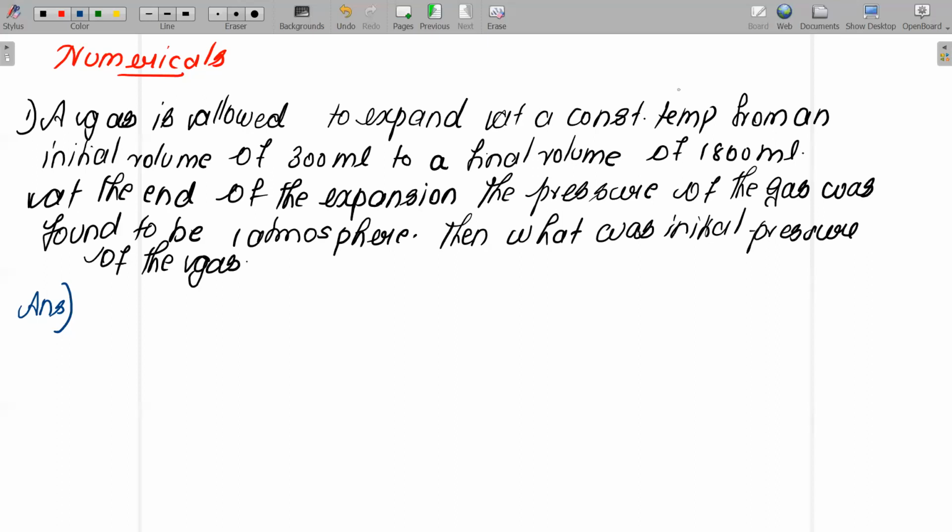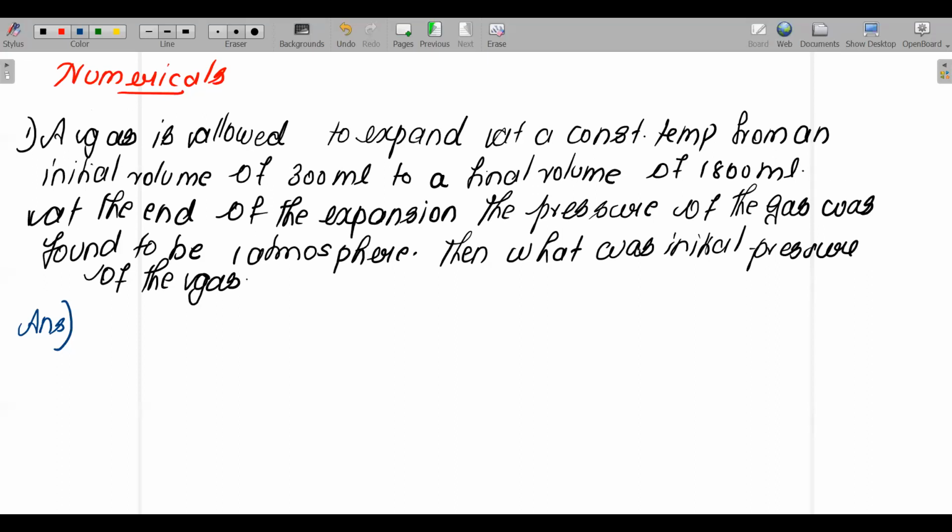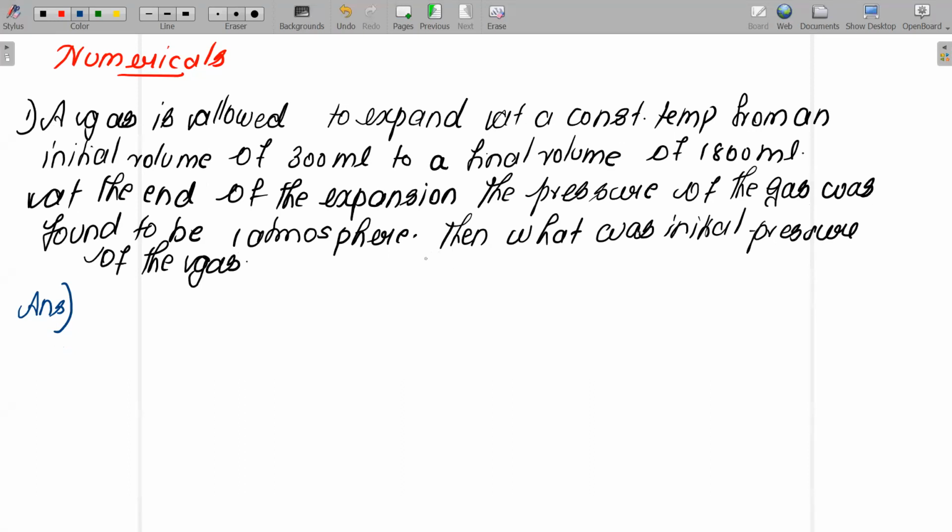So now listen carefully, children. We are going to do one numerical related to Boyle's law. Please listen carefully. A gas is allowed to expand at a constant temperature. From that, you should understand they are expecting Boyle's law only, because it is at constant temperature, right? So the gas is allowed to expand at constant temperature from an initial volume of 300 milliliter to a final volume of 1800 ml. So the initial volume I can call V1 and this one I can call V2. At the end of the expansion, the pressure of the gas was found to be 1